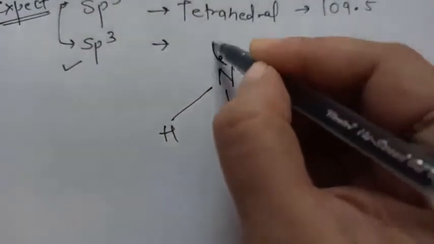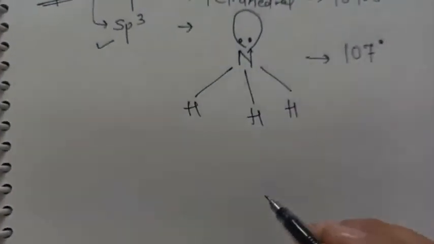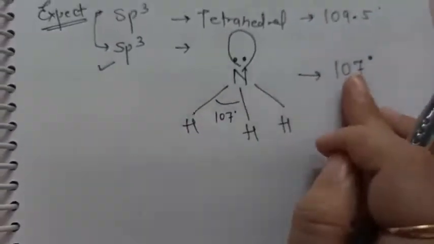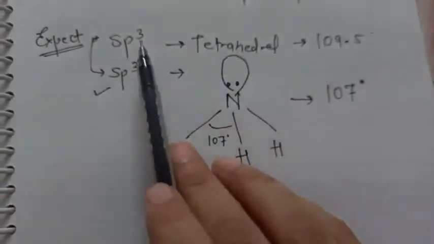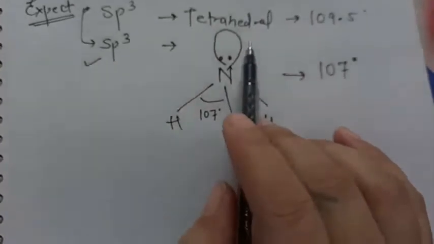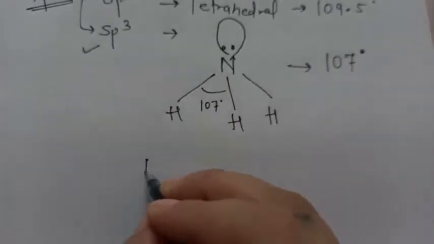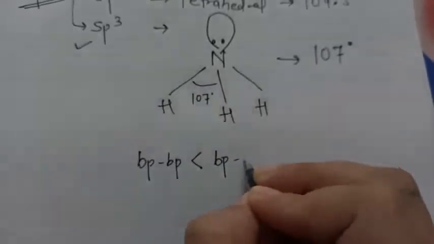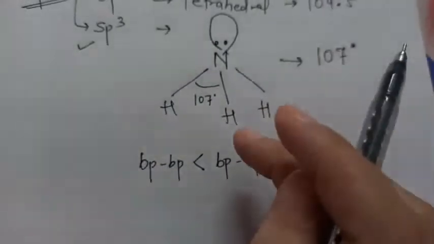Somewhere you can see the diagram like this also. This kind of bubble is made for showing the lone pair. So this angle is always 107 degrees in ammonia. So this is reduced. It should have been 109.5 according to tetrahedral geometry, and hybridization is sp3. But due to the presence of lone pair, the geometry got distorted. As we have already studied in VSEPR theory, if a lone pair is present, do you remember, bond pair and lone pair, they repel each other. They don't want to sit together.